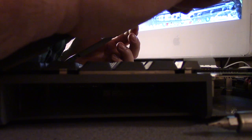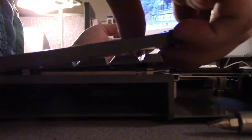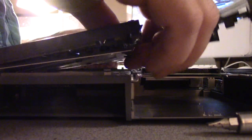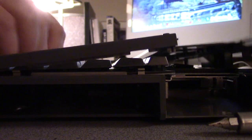Alright, we're getting there. Interestingly enough, oh, you know what I did? I pulled the keyboard out. I got it out of its way a little bit, and then I reached inside and I grabbed it by the...